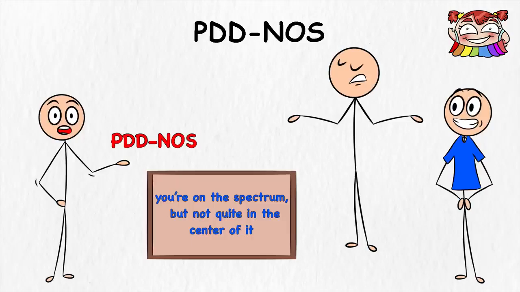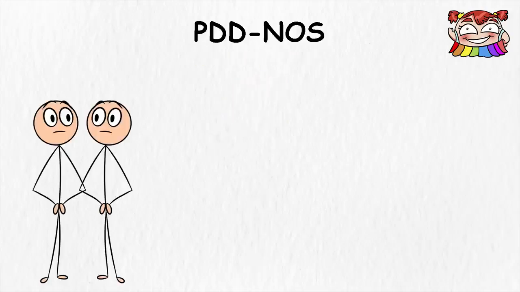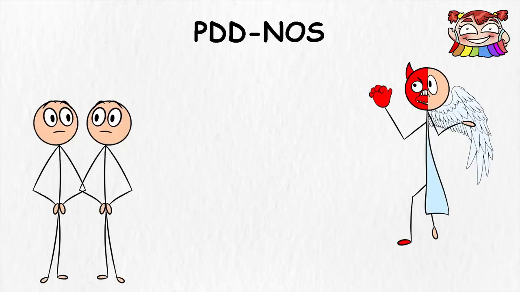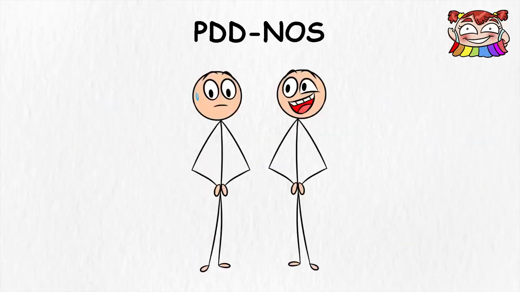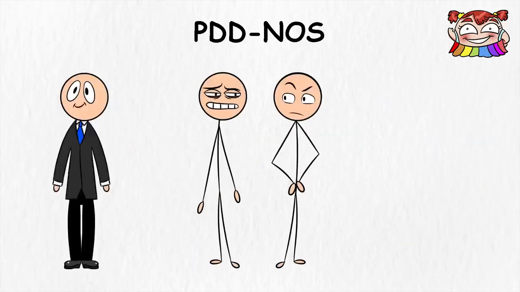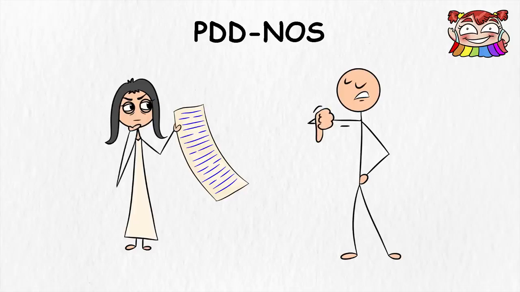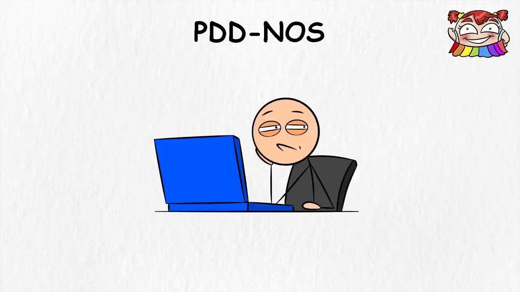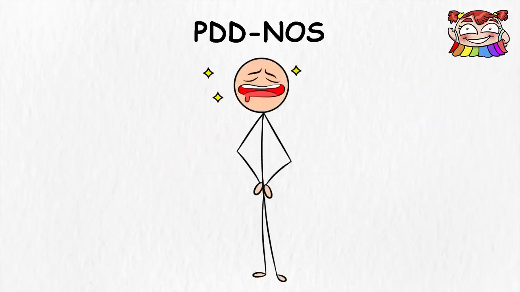It was the "you're on the spectrum but not quite in the center of it" label. Basically the psych version of "it's complicated." People with PDD-NOS were often walking contradictions, but in the coolest way possible. They could be great with language but wouldn't quite read the room. Some also struggled with eye contact, had unusual speech patterns like sounding super formal, robotic, or repeating things, but what really set PDD-NOS apart was that it didn't come with a copy-paste symptom list. It was custom-coded so each person had their own remix of traits, and honestly, that made them fascinating.